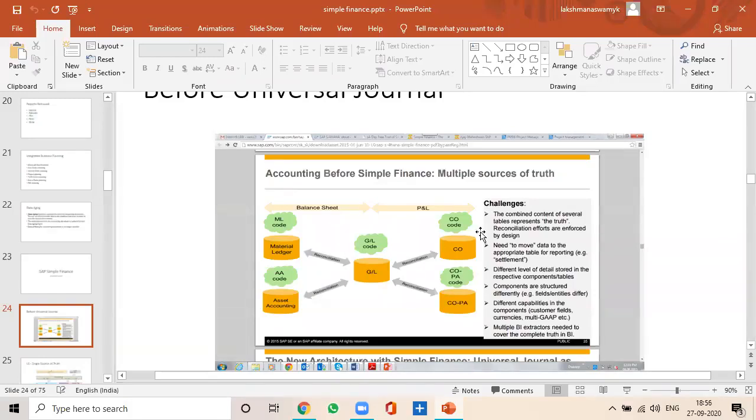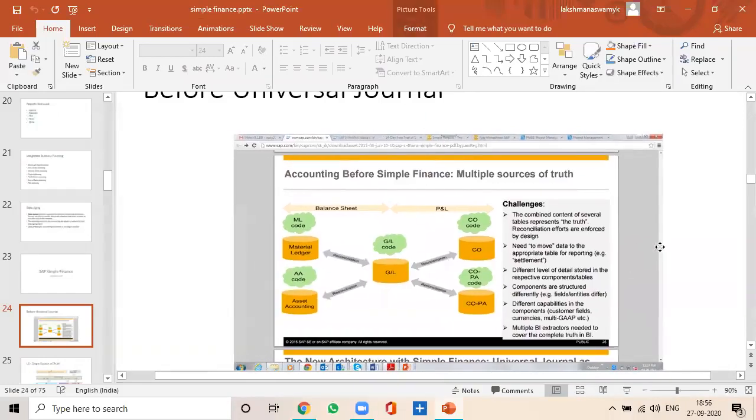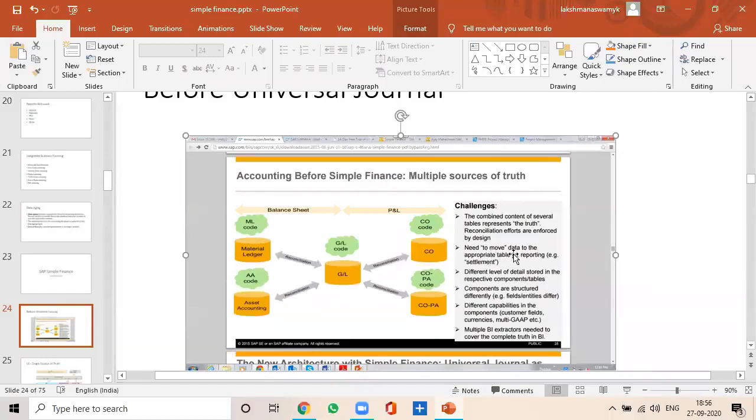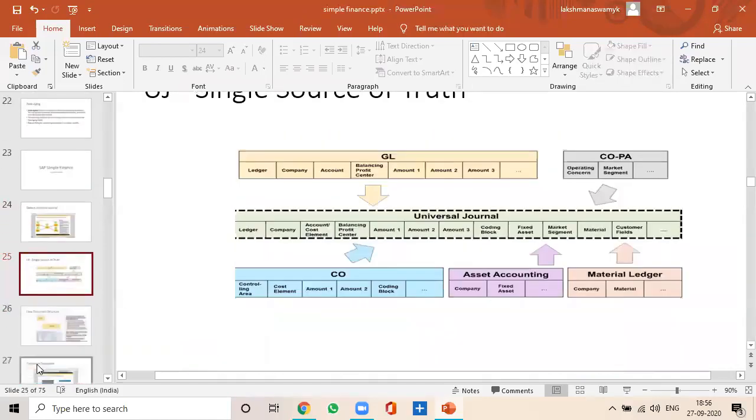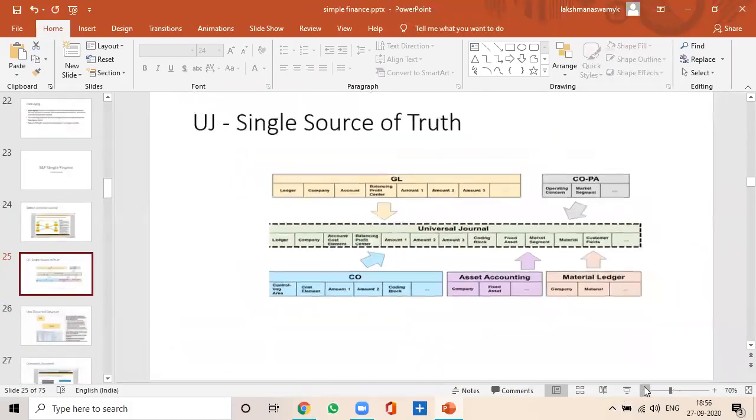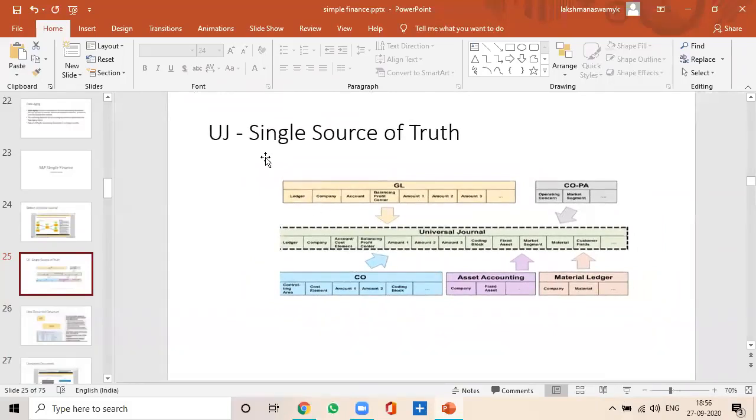See, the challenge in the case of previous ECC is that the combined content of several tables represents the truth. That means for the purpose of reporting, we need to use many tables. Need to move the data to the appropriate table for reporting. Different levels of detail are stored in the respective components or tables. Components are structured differently. Because of this only, there was a lot of time to be spent on the reconciliation activities. But in the case of Universal Journal, which is called single source of truth,